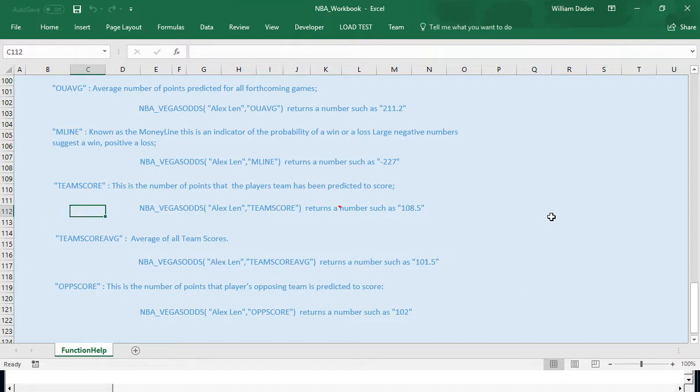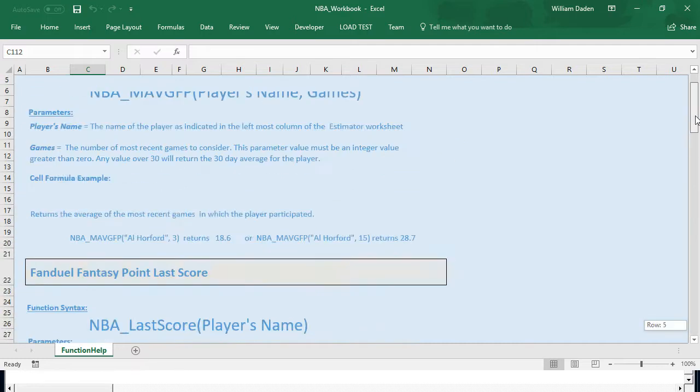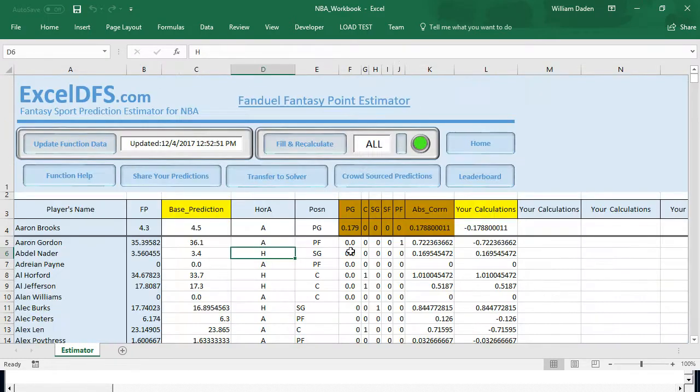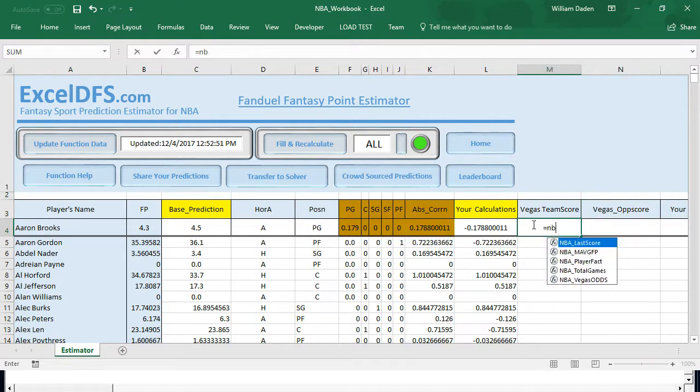So what I'll do is, let's go back and let us put in here, let's call this Vegas team score, and let's call that Vegas op score. So in we go, equals NBA